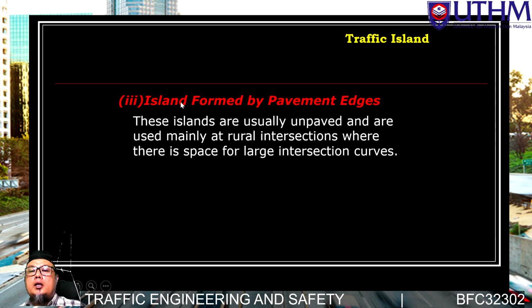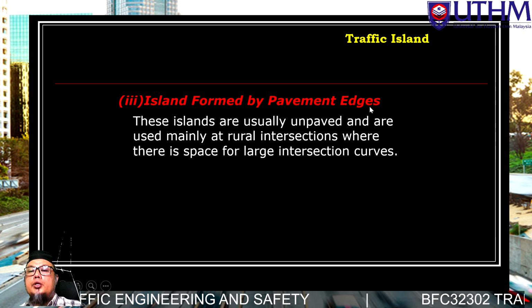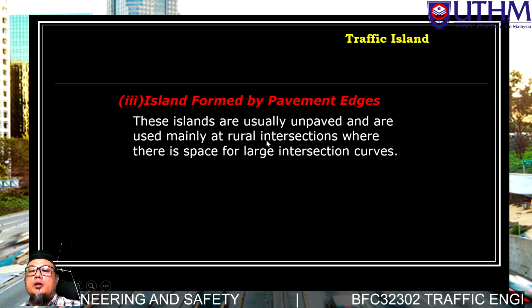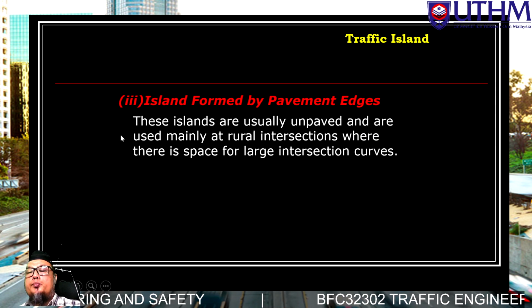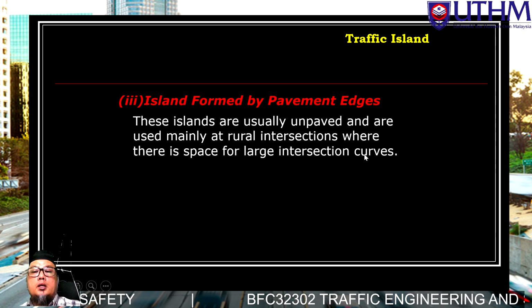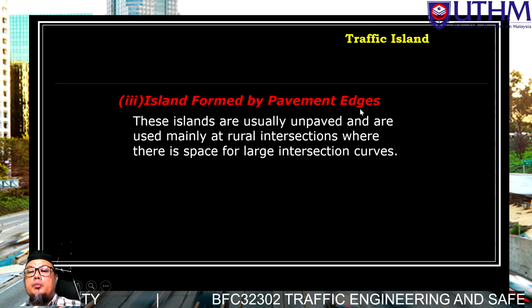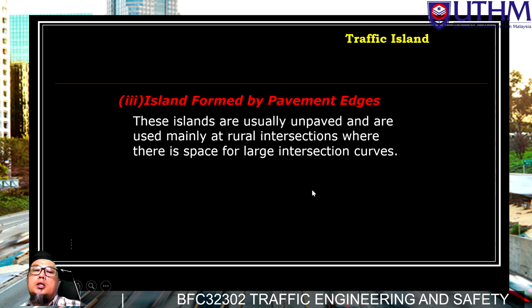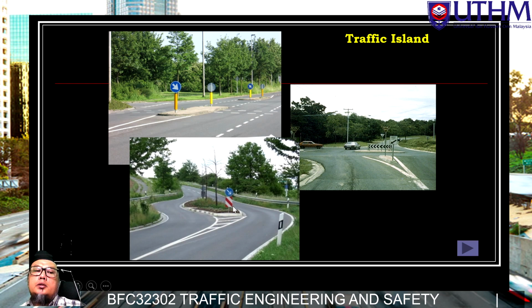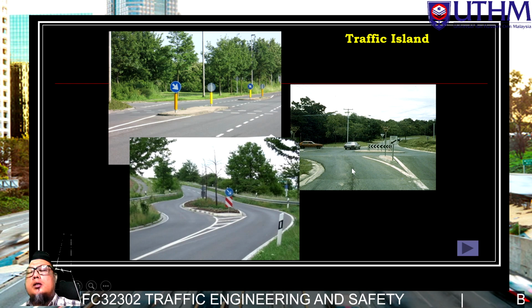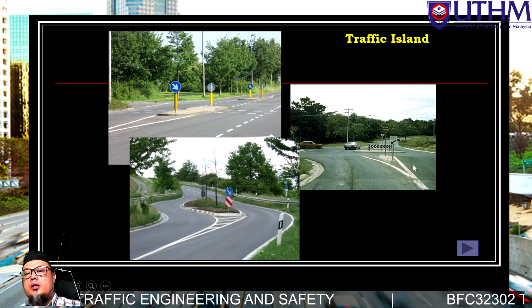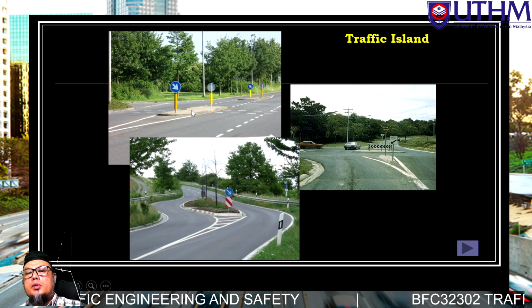Okay, islands formed by pavement edge. This island is usually unpaved and mainly at rural intersections where there is a large intersection curve. In rural areas, they use the pavement edge method a lot to form islands. Okay, this is a typical traffic island. We can see typical locations. I think this site is rural, so sometimes they put